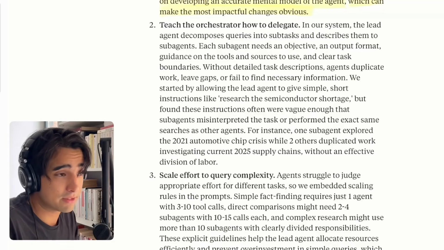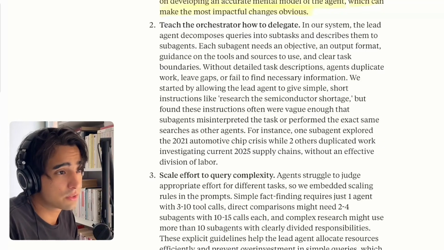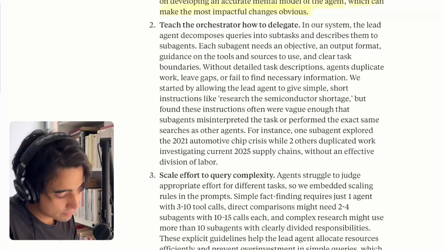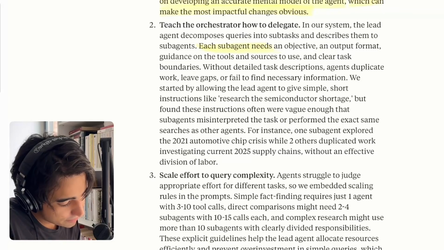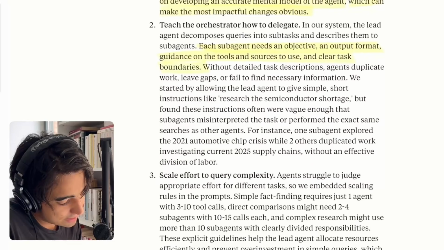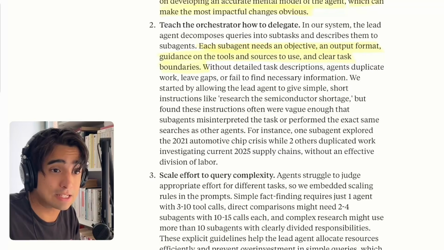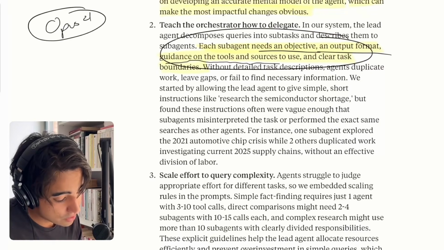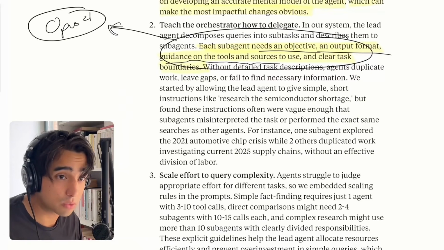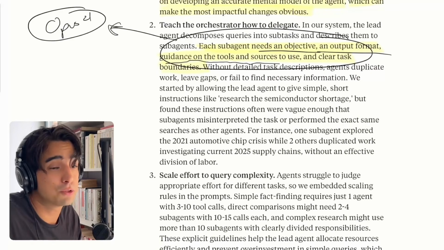So the second part right here, and I think that this one is probably the most important part in the prompting advice that we're getting, is teach the orchestrator how to delegate, okay? So we see right here that each sub-agent needs an objective, output format, guidance, the tools and sources to use, and clear task boundaries. Now, this of course is very clear to us, but it is not as clear to the orchestrator if we do not tell it. So this thing, we have to add to the prompt of our orchestrator